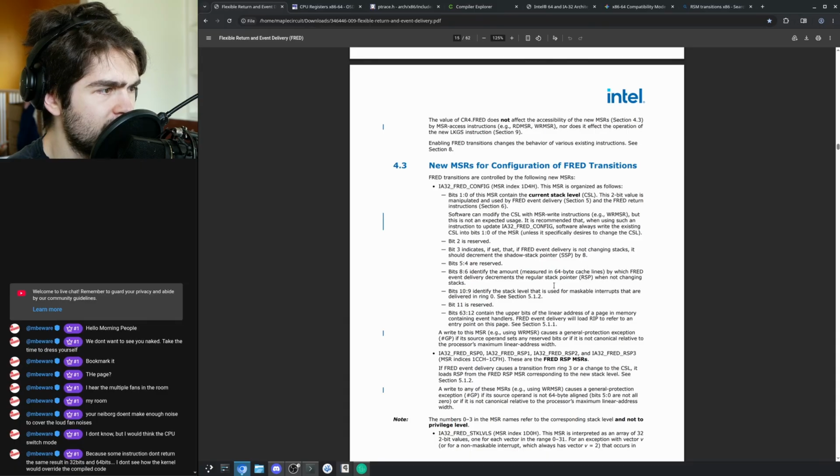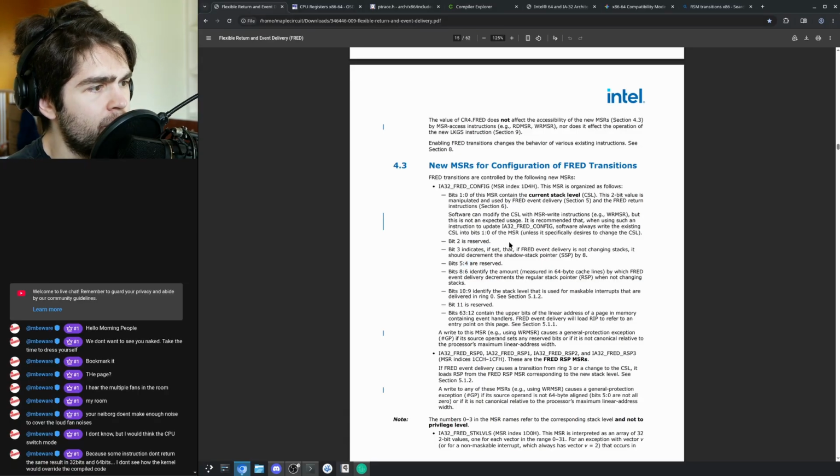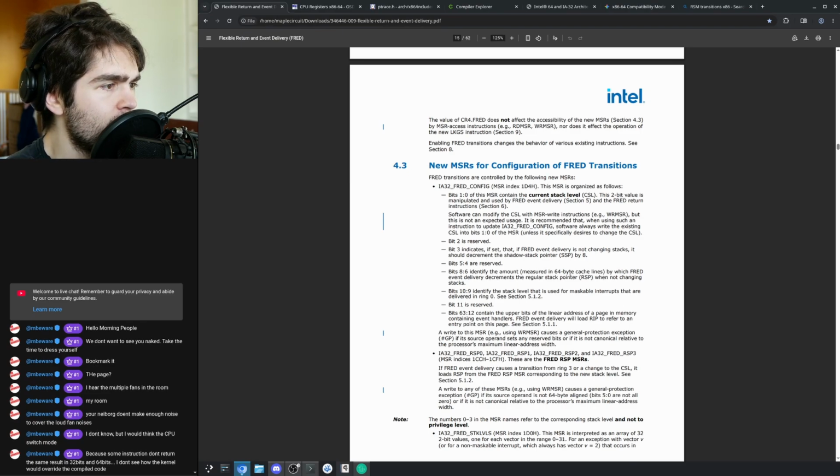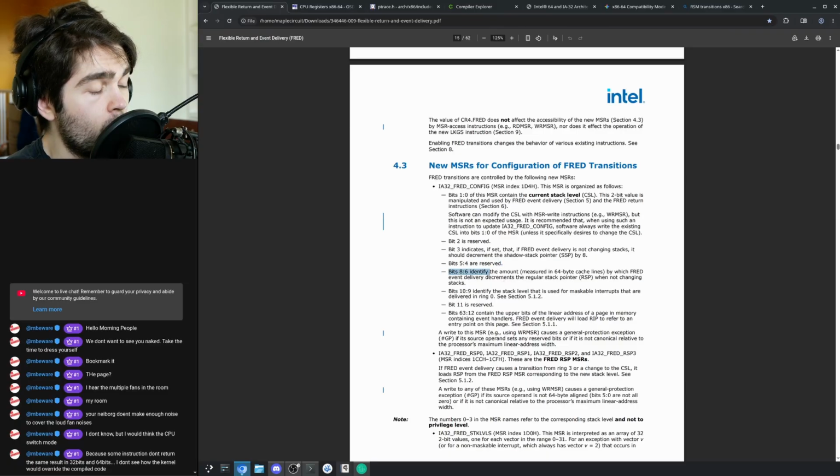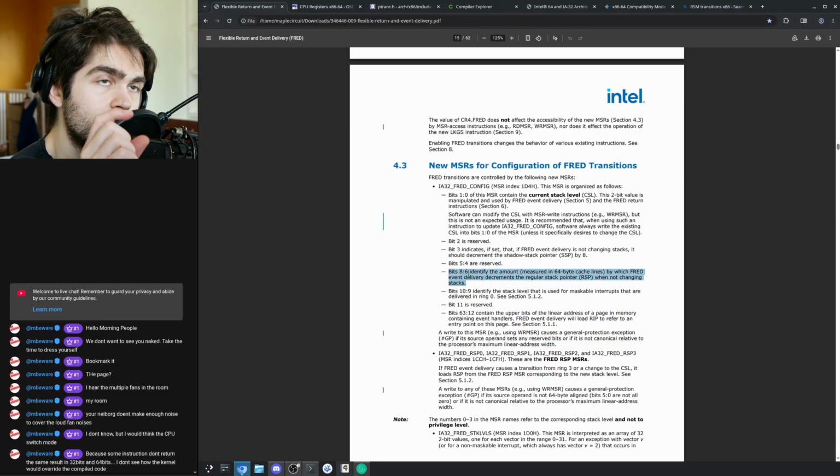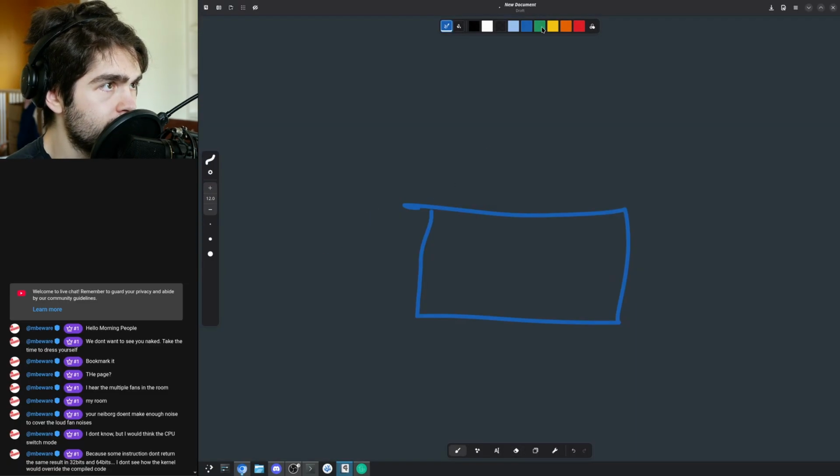Okay, shadow stack handling, so let's ignore it. Bit 5 and 8 are reserved. 8 to 6 identify the amount. Those are inclusive numbers, by the way. It identifies the amount measured in 64 byte cache lines by which Fred event delivery decrements the regular stack pointer when not changing event stacks. So, okay, this would be the amount of, like when we're talking about, like green